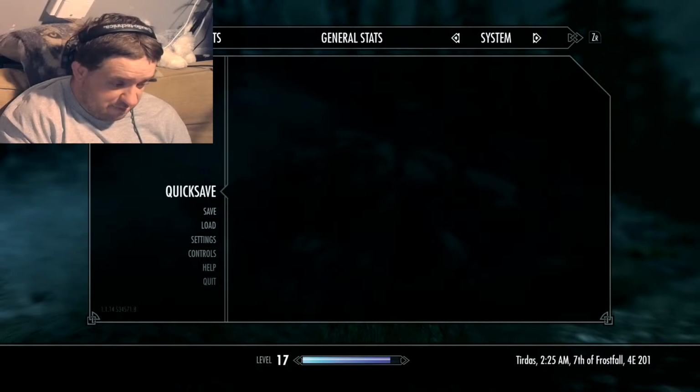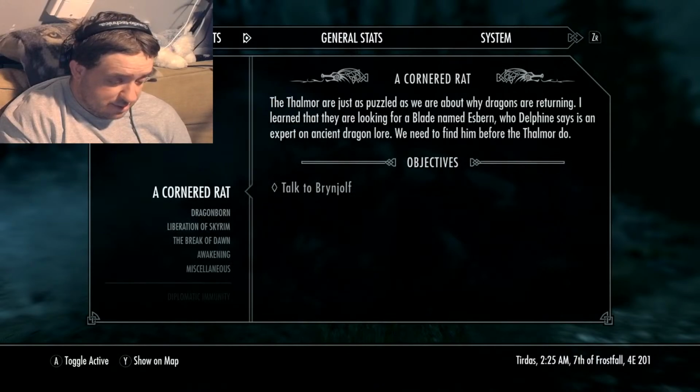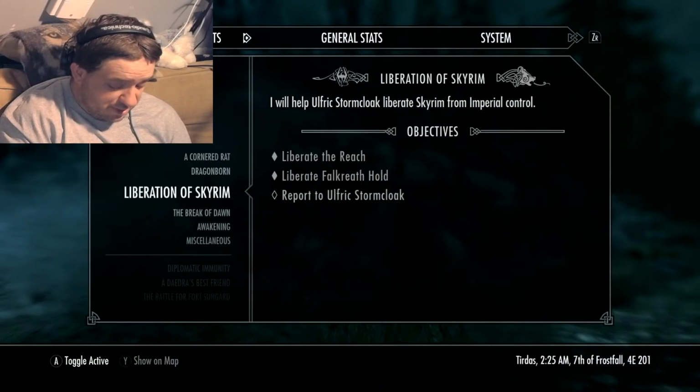That's why I wanted to keep playing, because if for some reason not being able to complete this quest properly has adverse effects, which it can, then the game's unplayable at this point.